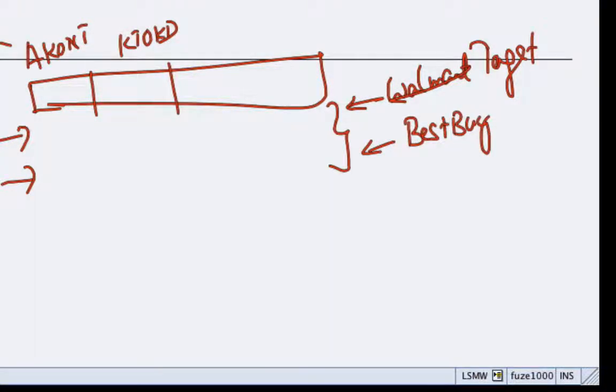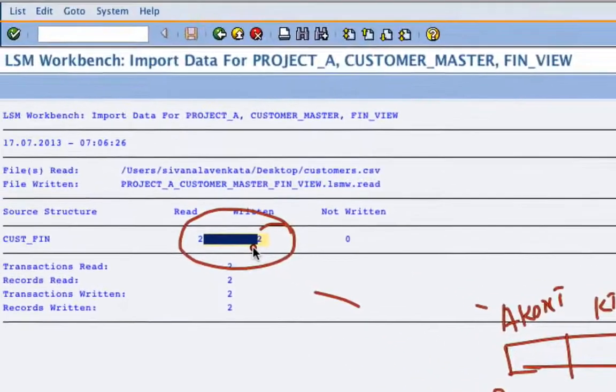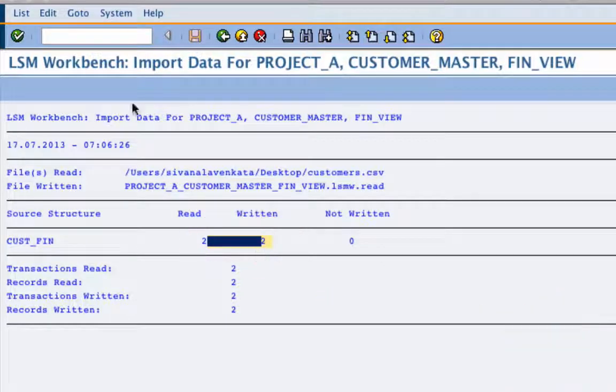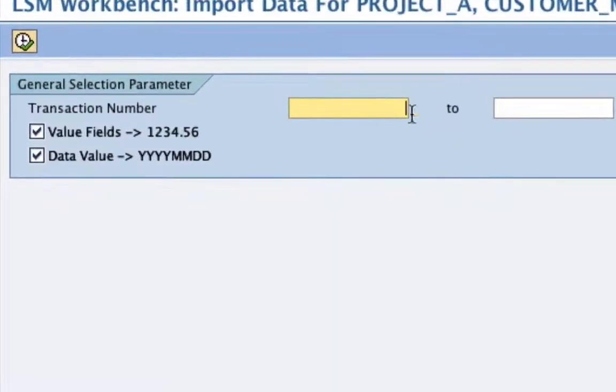So it says that it has read 2 rows. That means that the file has been uploaded properly, at least in terms of the number of records. Good. Now go back, and this option over here is useful if the data file is very large, meaning let's